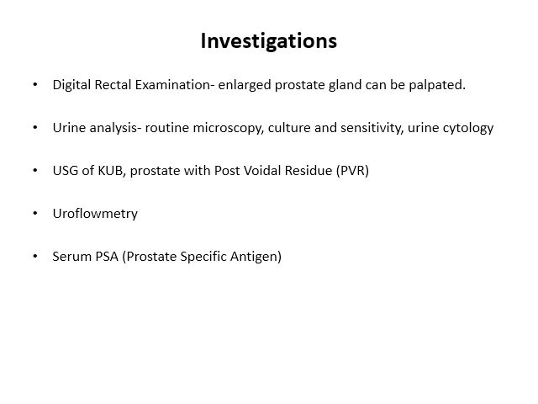And apart from that, we can also get an idea about the post-void residual urine. So this will tell us how much is the obstruction to the urine flow. Then we have uroflowmetry. It is the electronic recording of urinary flow rate throughout the course of micturition. So when the maximum urine flow rate is less than 15 ml per second, obstruction to the urine flow is suspected in uroflowmetry. So apart from that, we have serum PSA, that is prostate specific antigen.